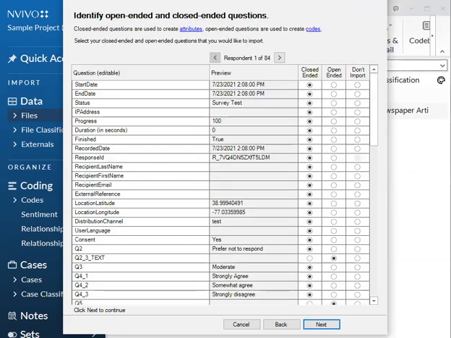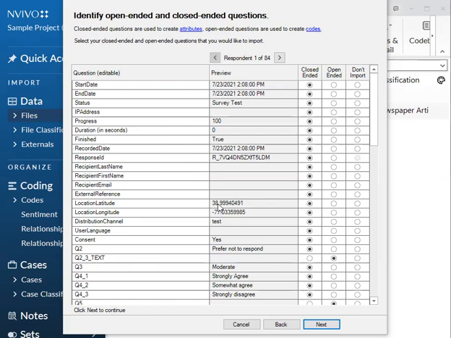And then this part of the survey import wizard is asking us to identify open-ended and closed-ended questions. So for this, open-ended questions are any questions that are free response, that the survey respondent is normally typing in, and they have the ability to respond however they like.